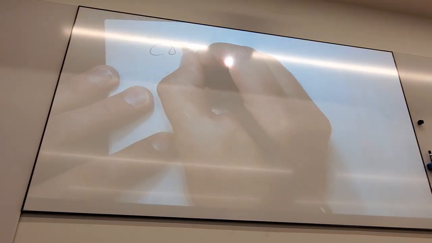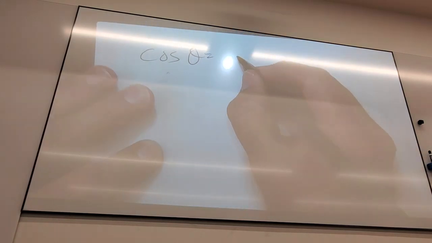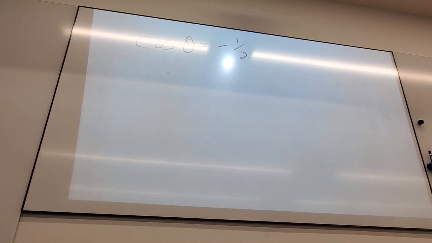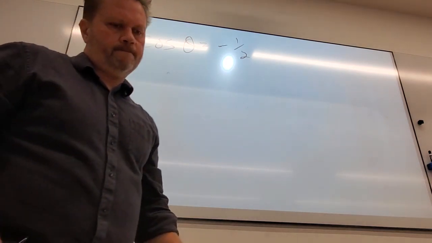So here, you guys try this one. Cosine theta equals negative 1/2. Where'd those go? Okay, so that's gonna be like,